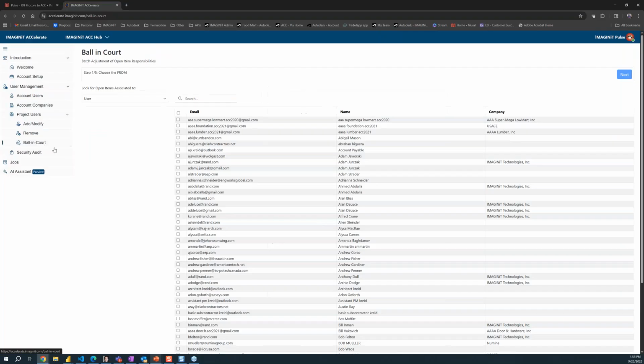And then finally, I'm not going to get into detail with security audit with 2 minutes left, but we do have a ball in court. So this has been a common request as well, primarily for those cases where maybe you fired a subcontractor from your job and you hired a new subcontractor. Well, you want to replace the old user with the person that's responsible for those activities, the new user. This ball in court allows us to pick a user,